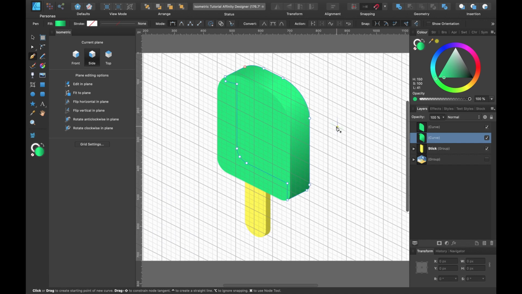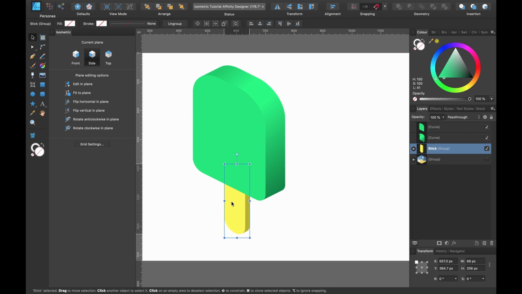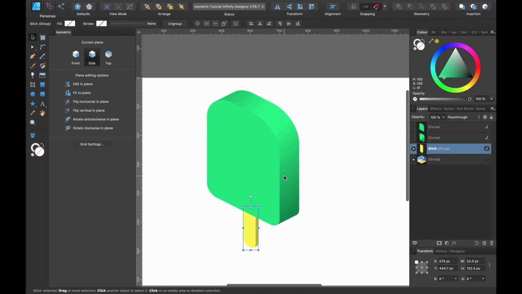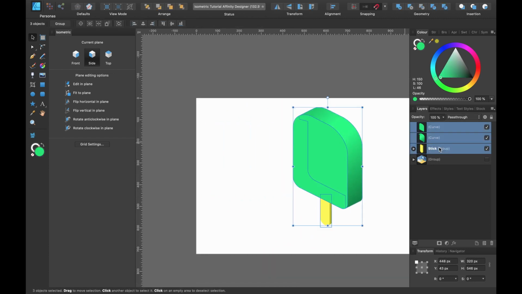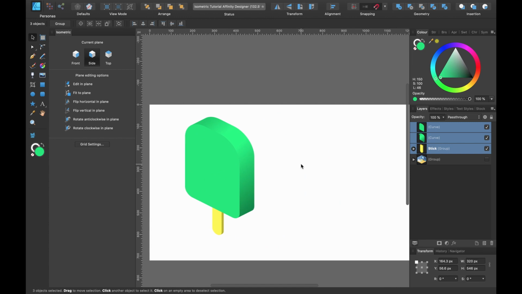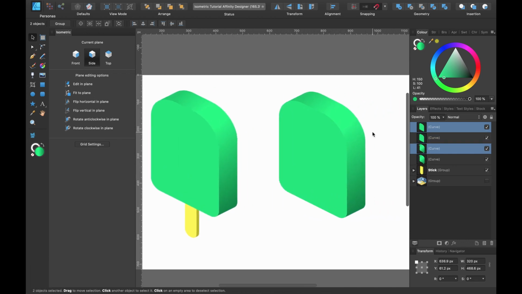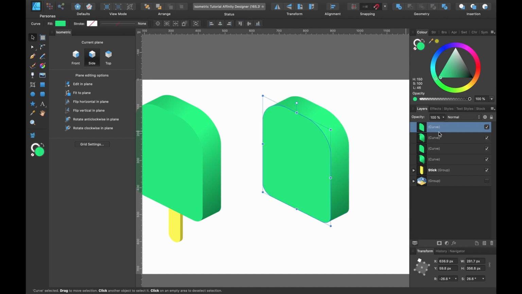And up here, we won't group this just yet because I have another trick to show you. Let's line that up slightly better, shall we? That's a pretty thick stick there, but hey, we could always make it smaller, I suppose. There we go. We have our lollipop. Okay, let's create a bite out of this. How would I do that? So I will just drag all of this to the side, and I'll just duplicate the top section here. That's Command J, and I will drag that out to the side so we can work on that one. Okay, let me just sort the layers out so they're together.